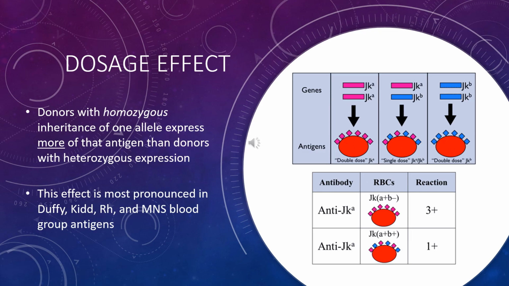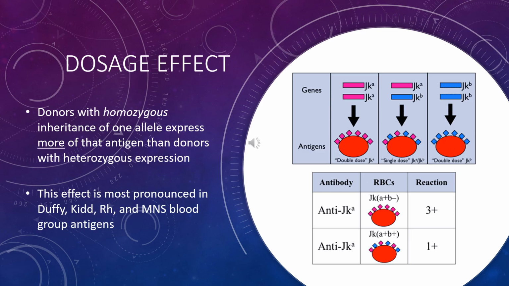And then if we look at the second column, we see that the donor has inherited a JKA allele from one parent and a JKB allele from the other one. So that donor is heterozygous for both the JKA and JKB alleles. The antigens expressed on the red blood cell surface below that are mixed, right? We have the same total number of antigens, but now half of them are JKB and the other half are